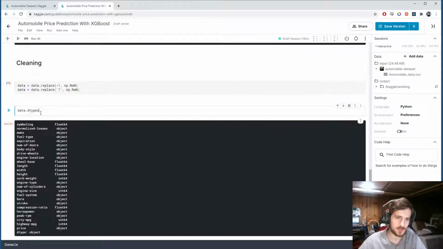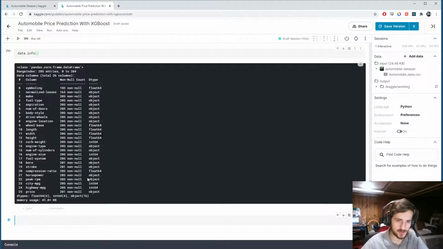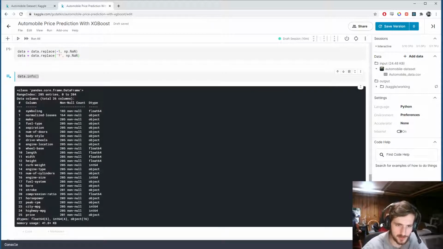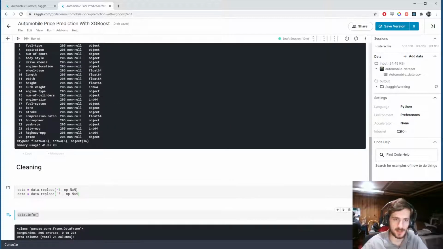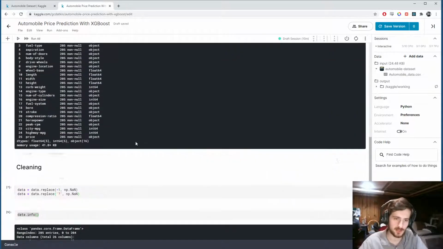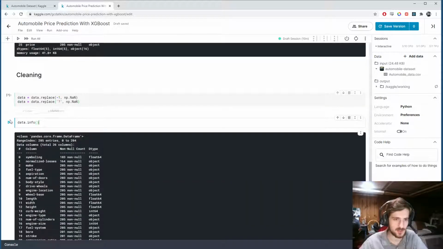of each column. Actually, it would be more useful to just use info again. I want to get the missing values and the type. So for example, what I mean is you can see there are some missing values in normalized losses, but the type is object. And if we look up here, normalized losses is actually a numerical column, but right now it's being encoded as a string column. So we have to